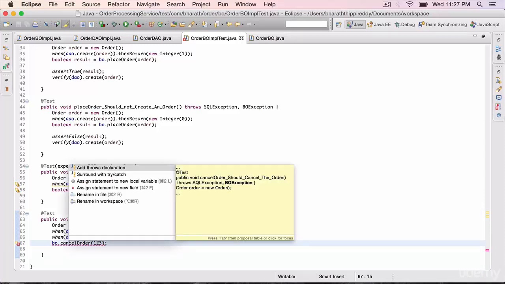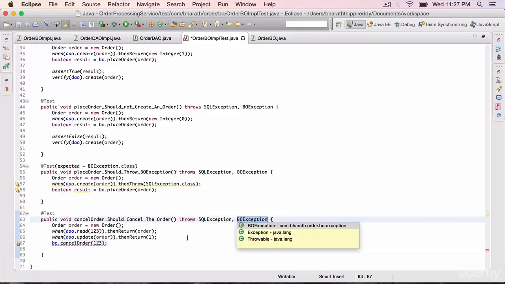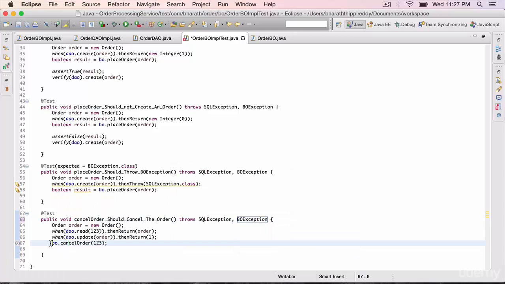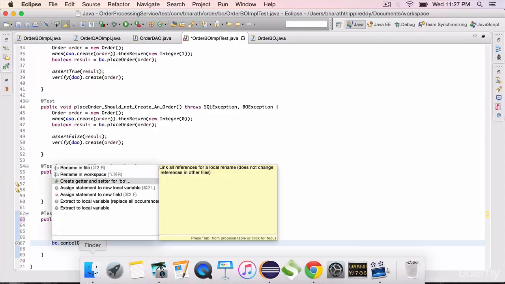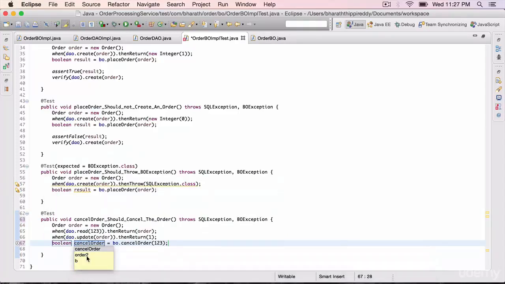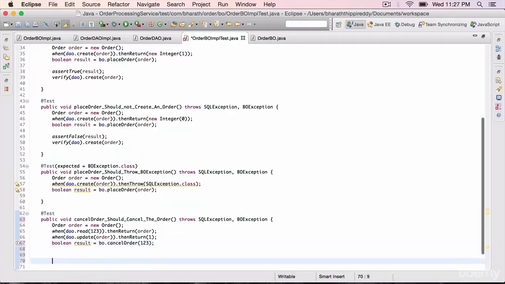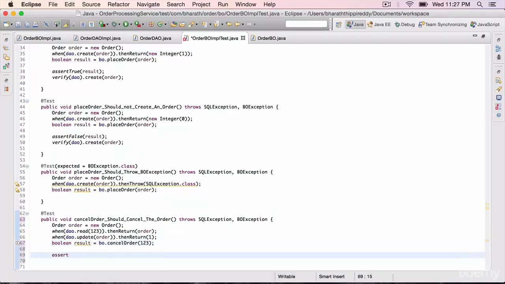Hit Control 1, add a throws clause for our BO exception. Assign this to a local variable. Assign statement to a new local variable. Call it result.